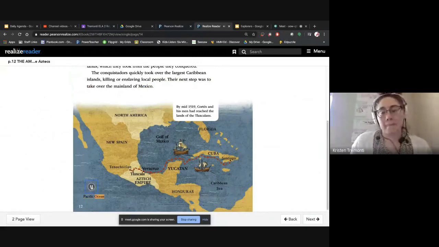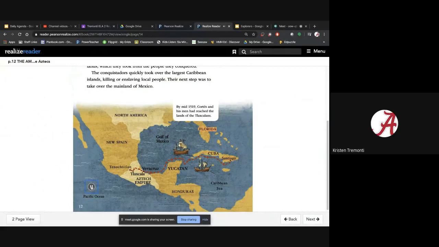Pacific Ocean, Gulf of Mexico, Caribbean Sea, North America, New Spain, Tenochtitlan, Tlaxcala, Aztec Empire, Veracruz, Yucatan, Honduras, Cuba, Santiago, Florida. By mid-1519, Cortez and his men had reached the lands of the